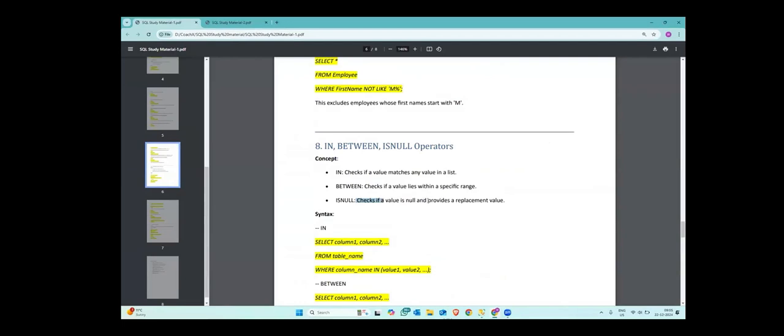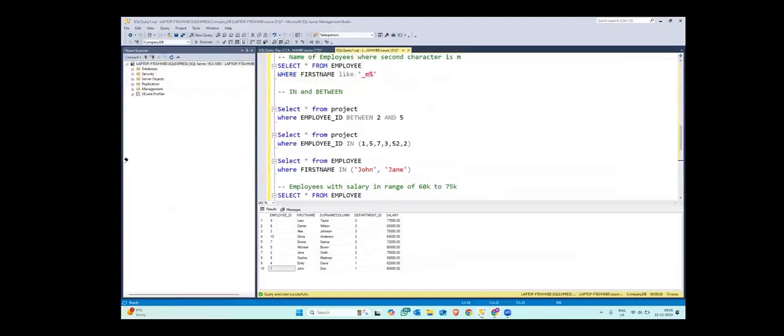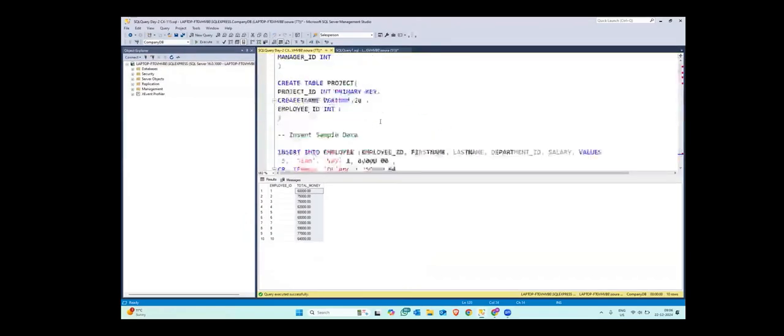See, IS NULL checks if a value is null and provides a replacement value. Here you can see, if I have an email column and there is no email provided, I can get it with some replacement text in my selection, or display. It will not change the value, but it will give an alternative in the display. I will tell you how. Okay, let us do one example of the same also. This is the thing that we did in last